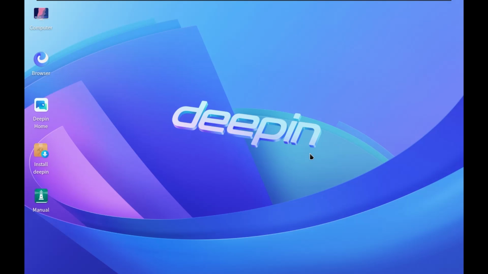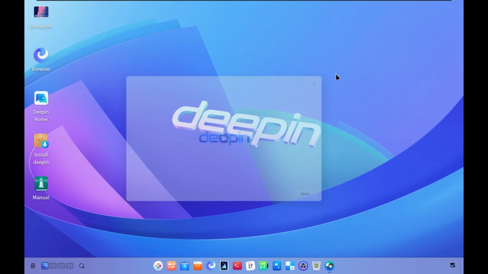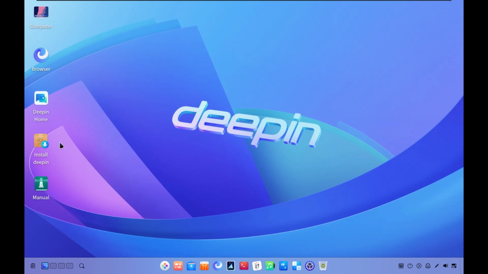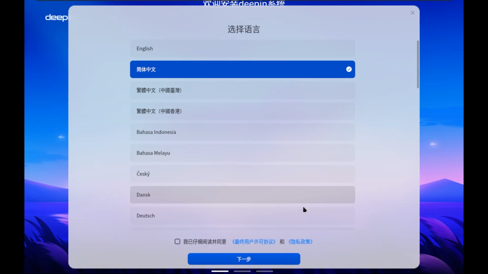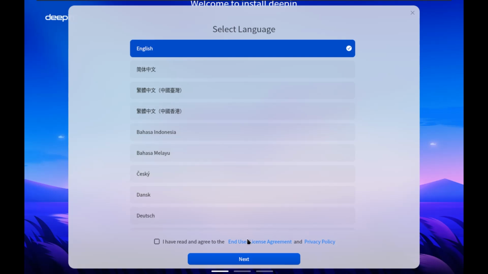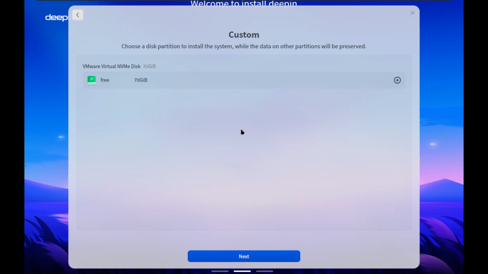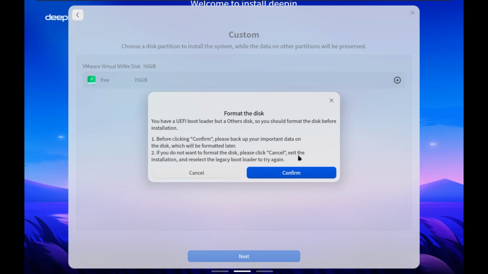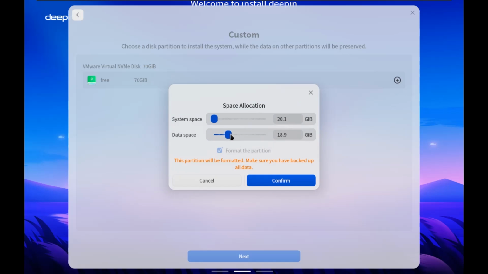Okay, we got the desktop, and okay, I'm just not gonna do anything here. Can we just install it? Okay, yeah, there it is. Yeah, that's more ideal. Oh, it just opens up another menu. Okay, cool. Let's continue. I'm just gonna check out the custom options. What do we get? Format disk, confirm. If we do that, will it go? Oh, okay. So we could select